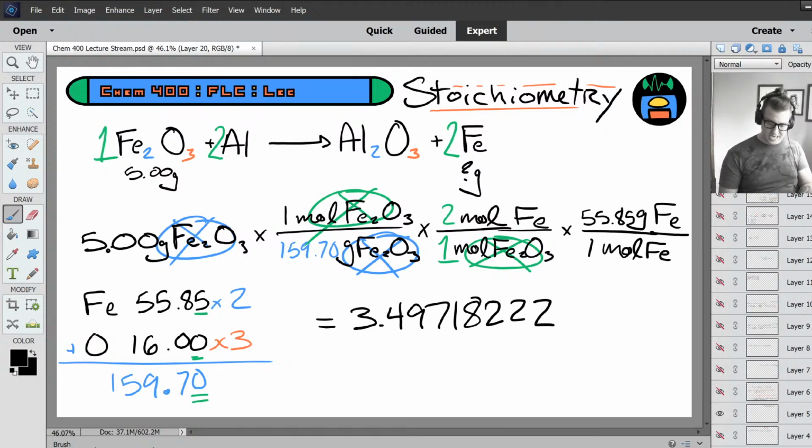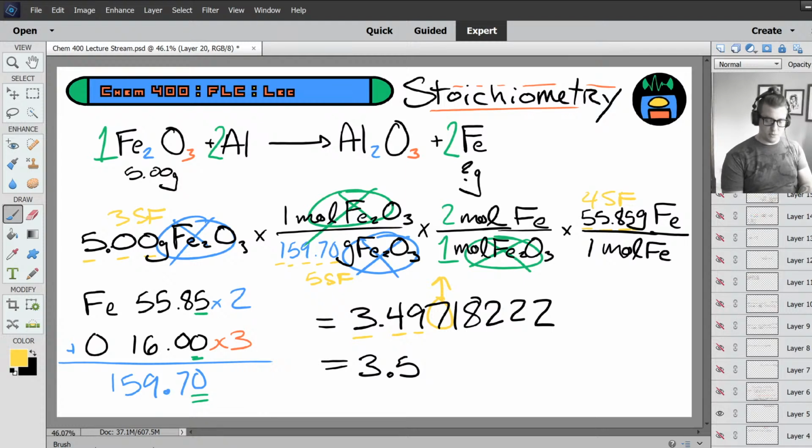How many sig figs can I have? Well, the atomic mass of iron has 4. The molecular mass of iron(III) oxide has 5, but my initial mass only has 3, and so that is going to limit me. So I count off my first 3. 7 will round up. When you round 7 up, that 9 rounds to a 10. So this is 3.5